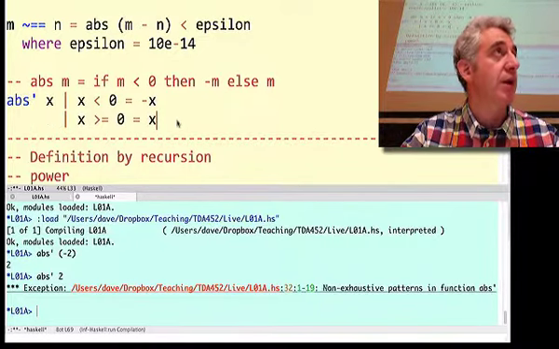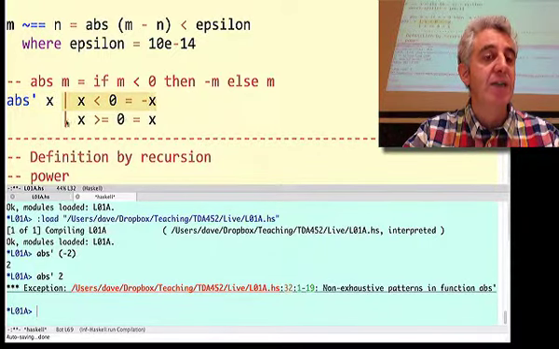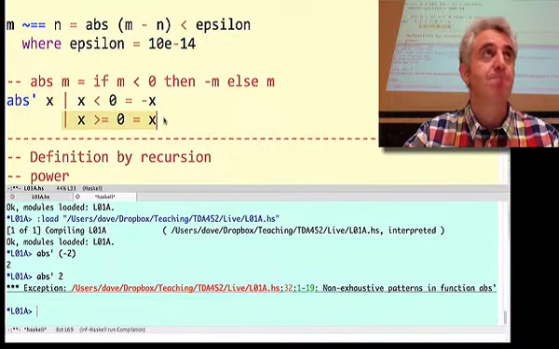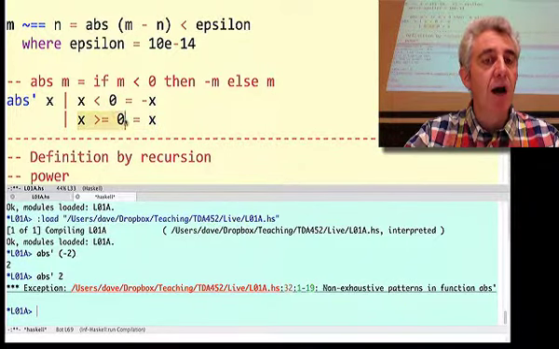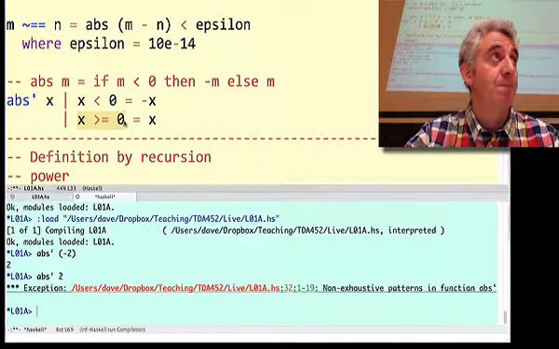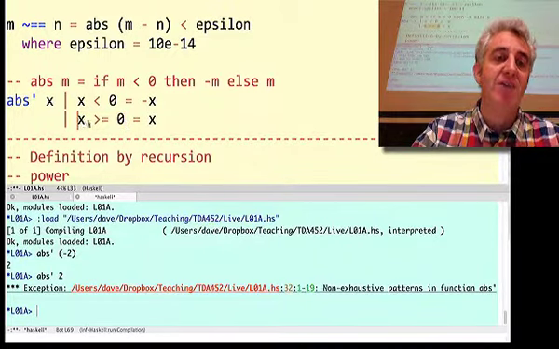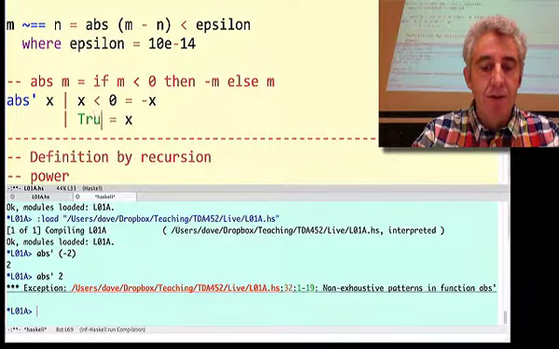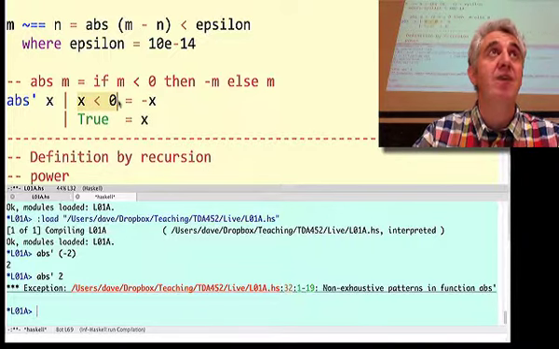Okay, so that's the first point. Now we get a definition of a function by two cases. So this is actually looking quite like fairly standard mathematical notation when you define functions by cases. The second thing we can note is that if the first guard is false, the second guard will always be true. So why do we bother testing it? We know that will be true if we ever get to this line. So we could actually replace this by the value true, because a guard in one of these expressions is any Boolean valued expression.